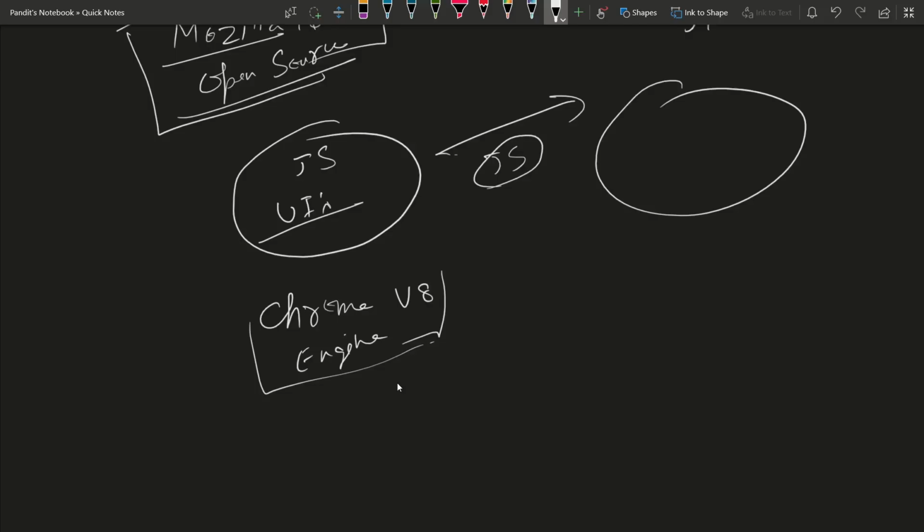Because of that, we are able to see the UIs, the user interface, the colorful text, the images, and the videos. All these things are possible because of the Chrome V8 engine. So the community developers thought, why would we not place the same Chrome V8 engine on the server side? They placed this inside the server side.